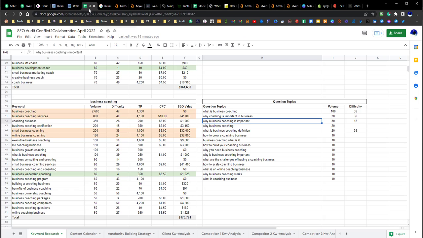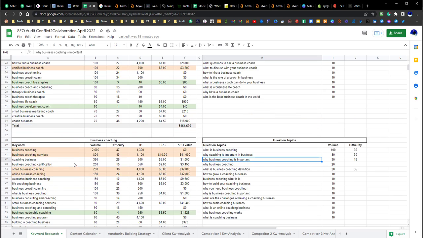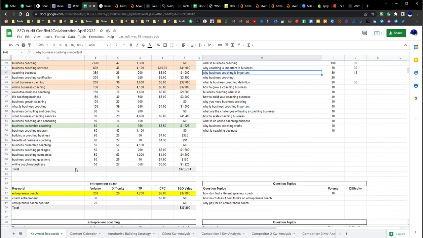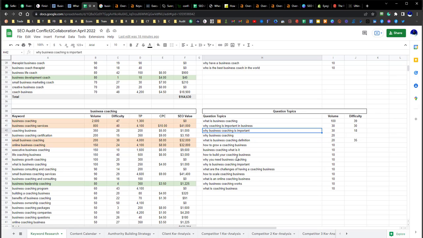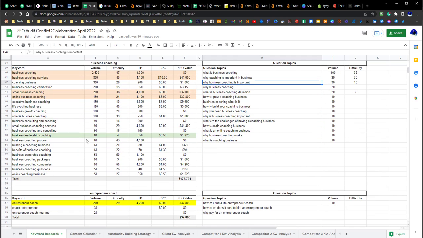So if you have 100 articles on business coaching, entrepreneurship coaching, entrepreneurship therapy, development, all of those different questions, then you're able to build up some authority within that, and Google will reward you with ranking you for those words,